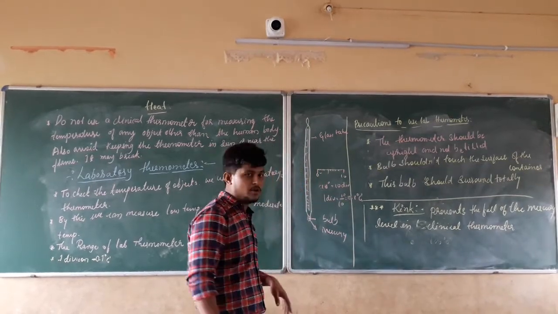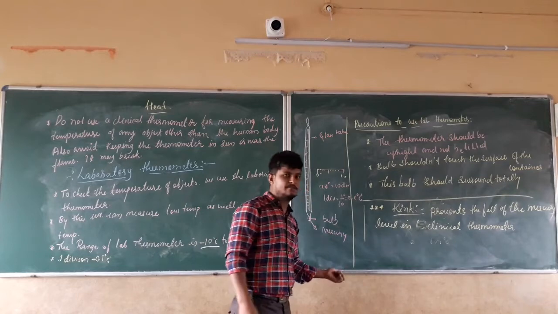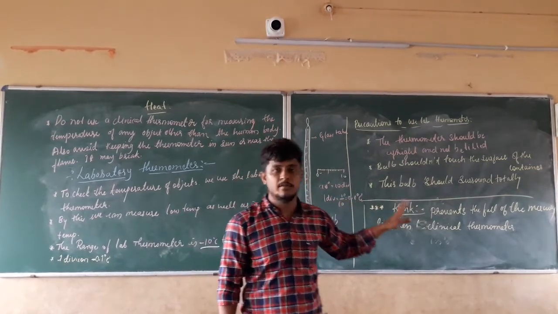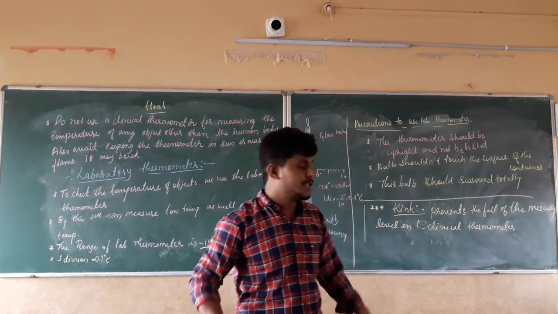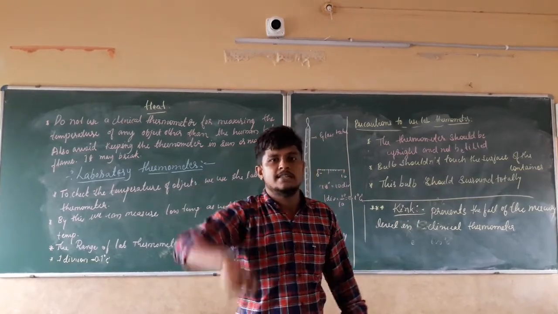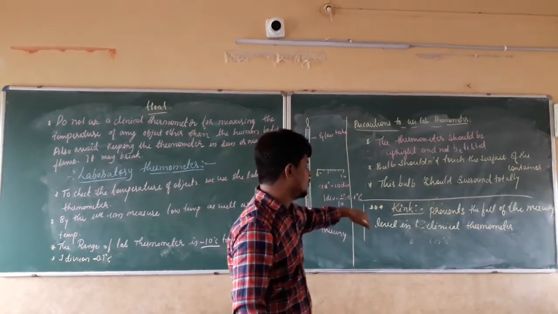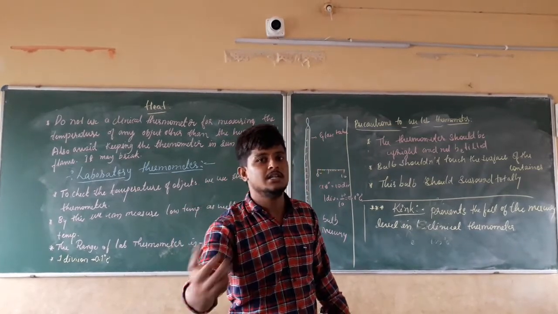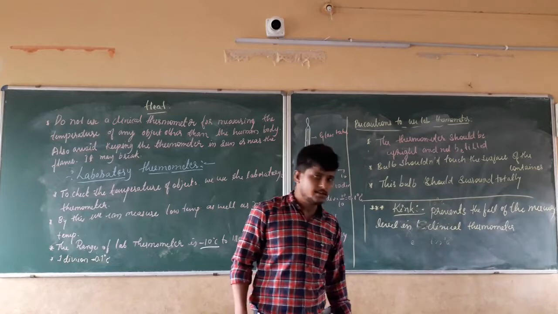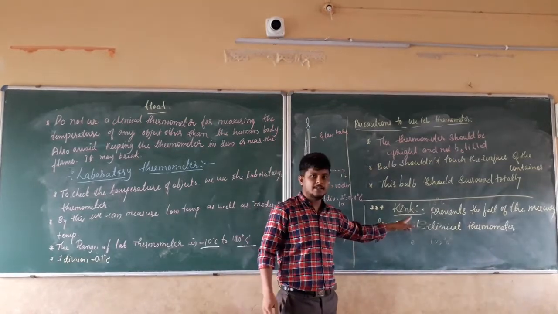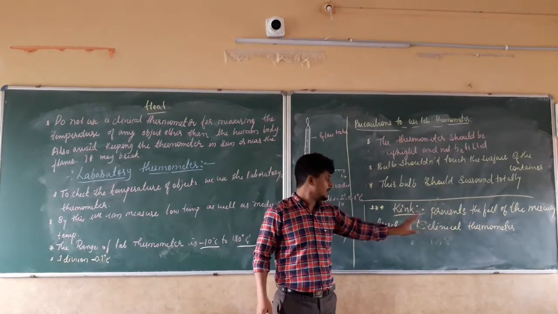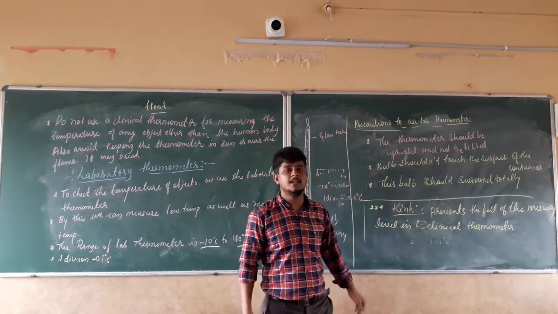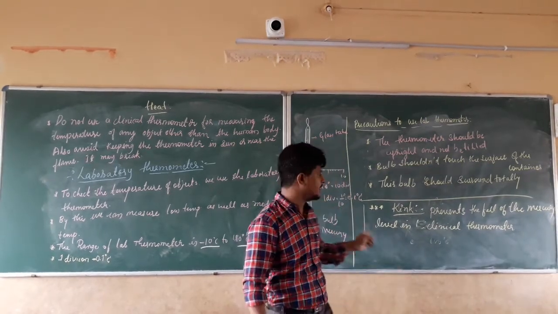But in case of the laboratory thermometer, there is no kink present. For that reason, there will be a fall of the mercury level in the laboratory thermometer. For that reason, before using the clinical thermometer, we have to jerk it many times so that the mercury falls. When you put it in our mouth again, it starts to show the reading. Right? I hope this is understood. The kink prevents the fall of the mercury level in the clinical thermometer. It is the major difference.